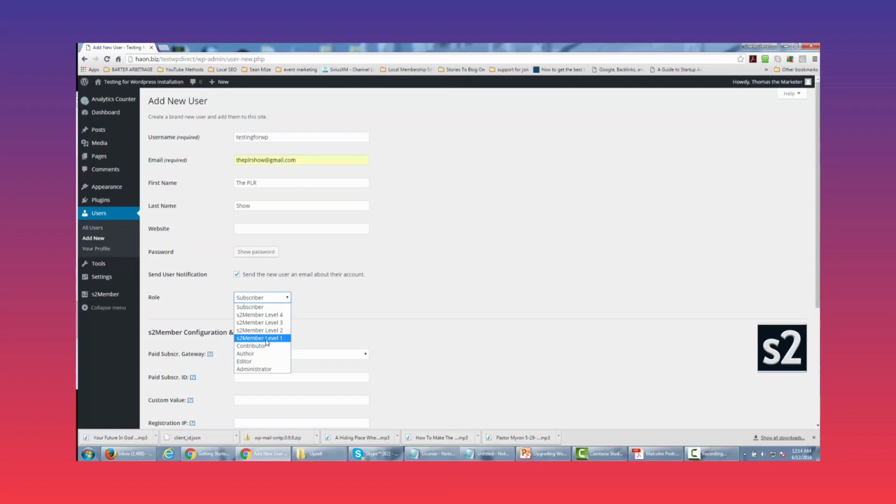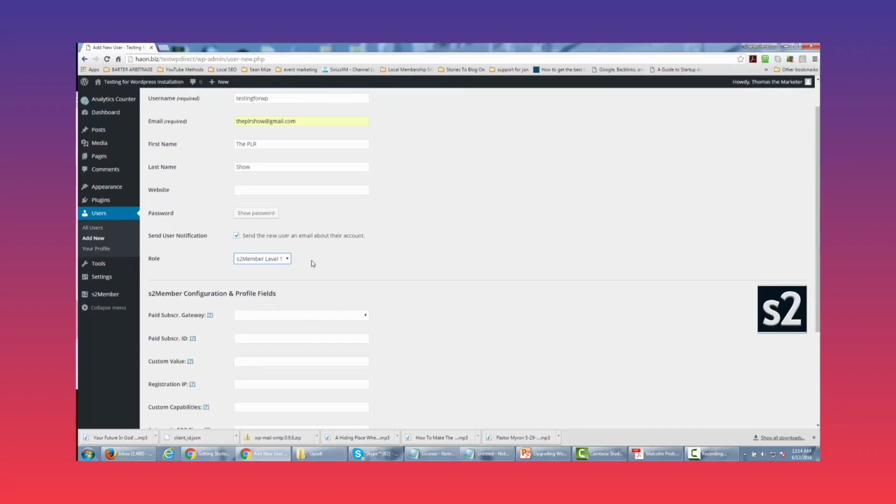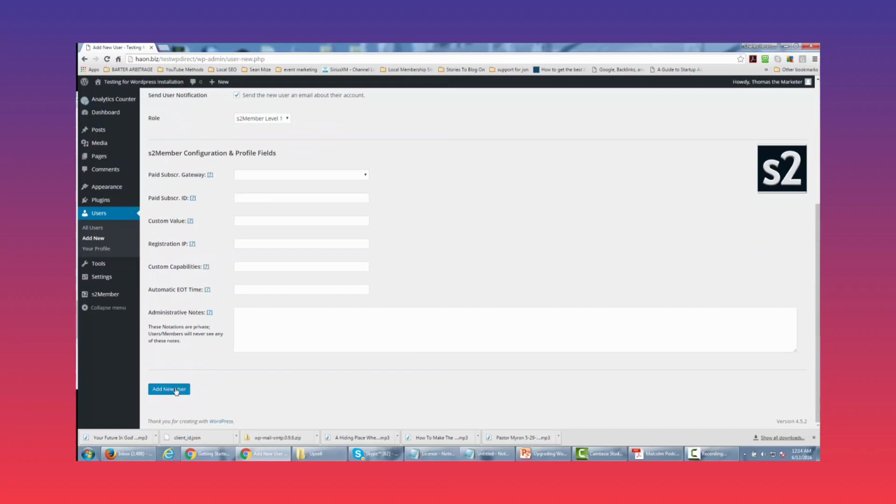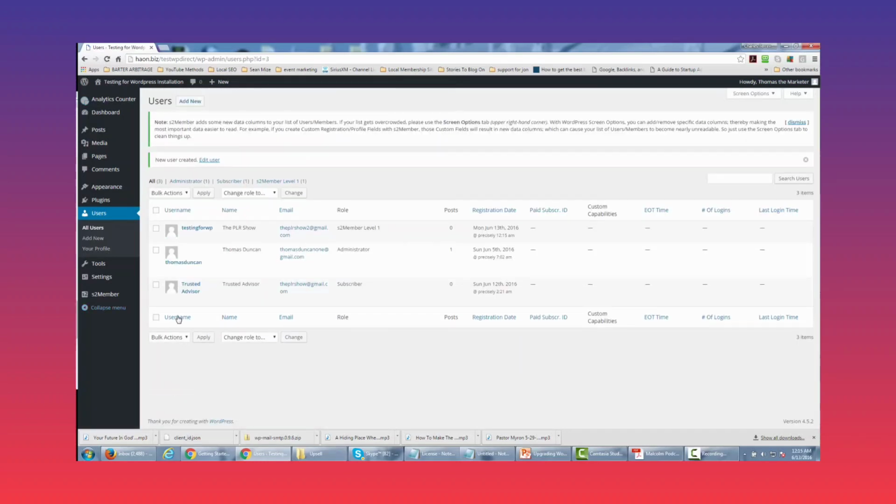If we're going to be on level 1, level 2, level 3, level 4, you'll go ahead and write that in. So in this particular case, the user we're going to be adding is going to be on level 1. Now when we do that, we want to make sure that our user is going to be sent a new email about their account, and then we'll click Add New User. Then once we've done that, we've added someone to the first level of products inside of